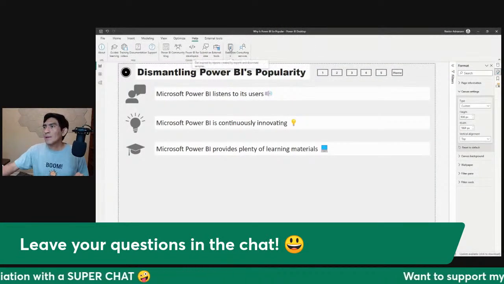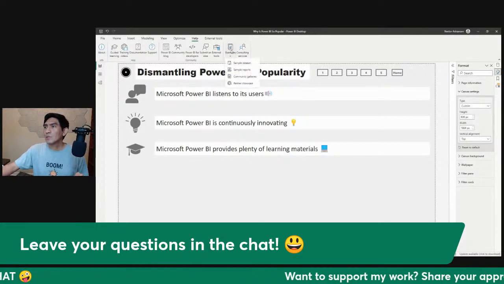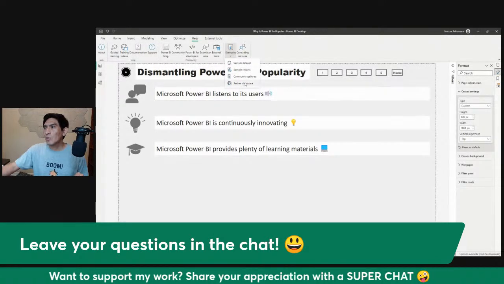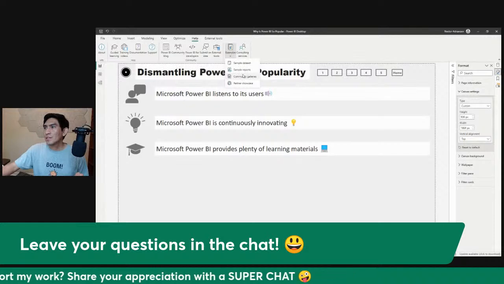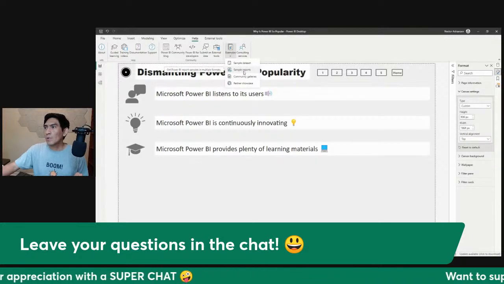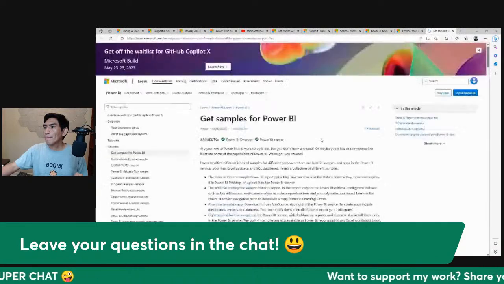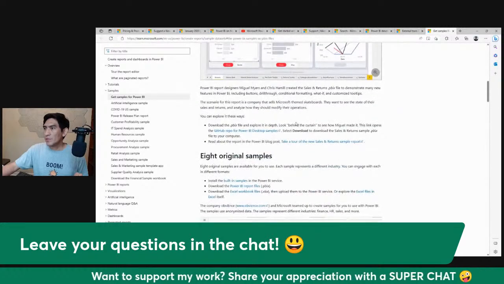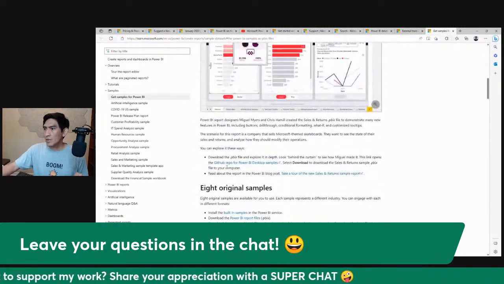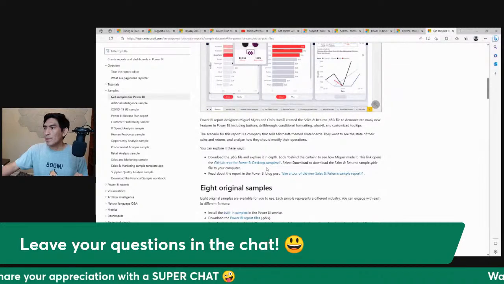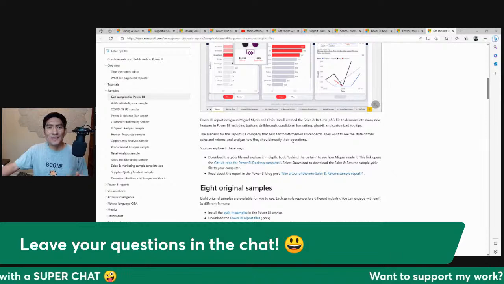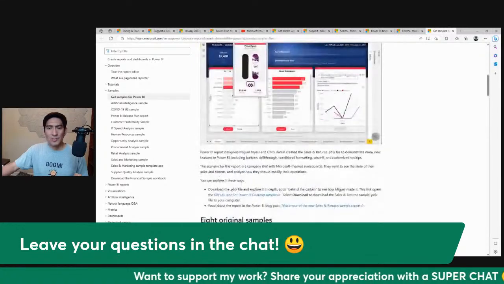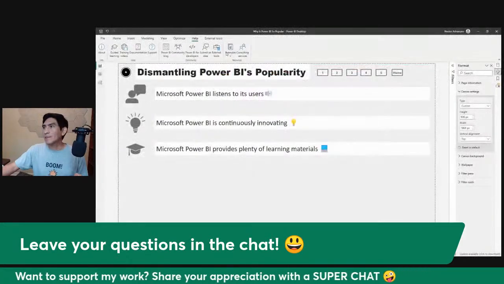What else do we have here? We have examples. So let's see. You have sample data set, sample reports, community galleries, etc. So let's see if we open a sample report. Let's see what happens. So you can use this as a reference if you want. You can go to GitHub repo for Power BI Desktop samples, and you can find information there. Isn't that awesome? Really good information, my friends. So let's go back to Power BI Desktop.